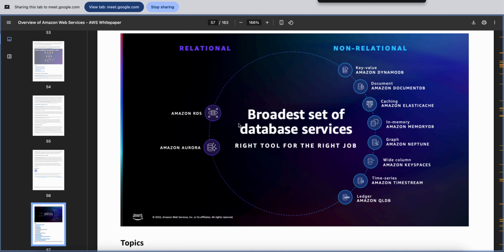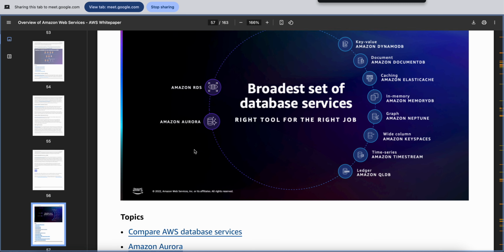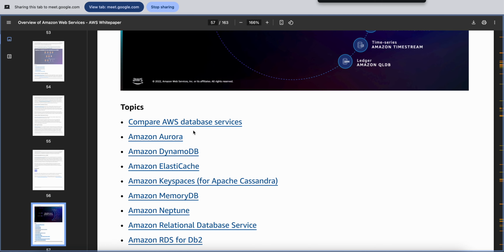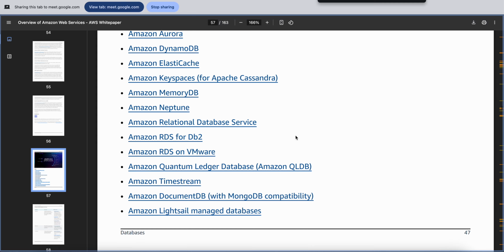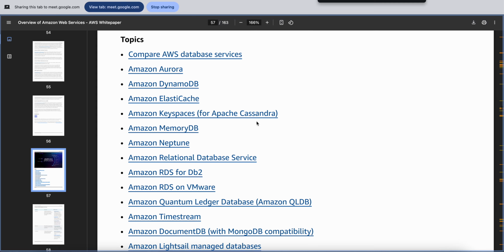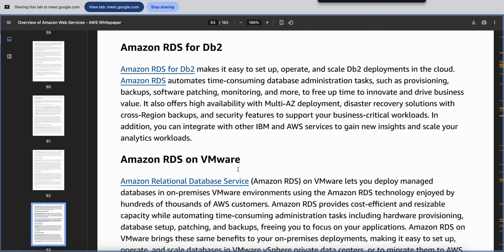If it comes to relational, the two mostly used are Amazon RDS and Amazon Aurora. All the databases like PostgreSQL and SQL come under RDS. So if I go to Aurora, DynamoDB, RDS or DB2,